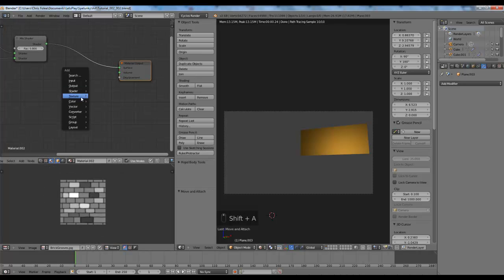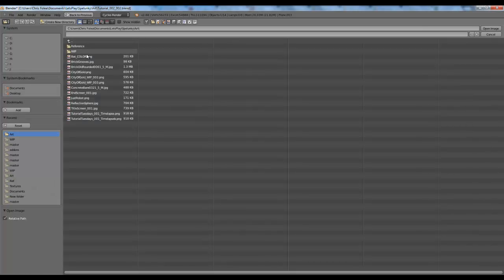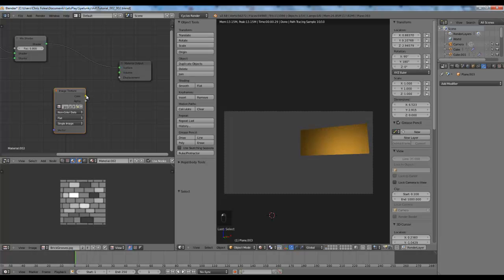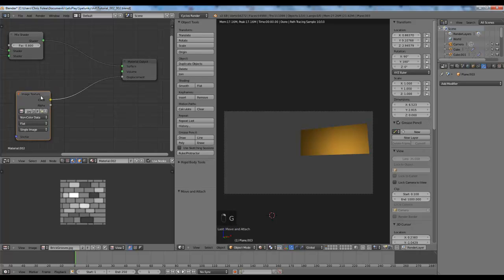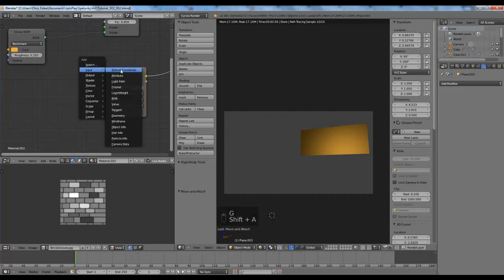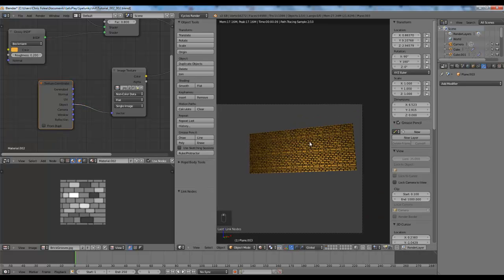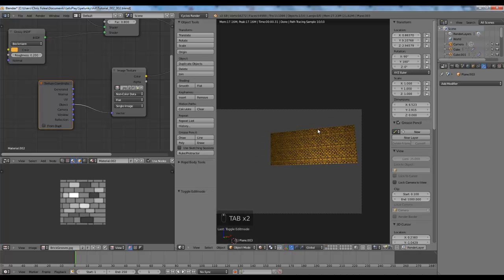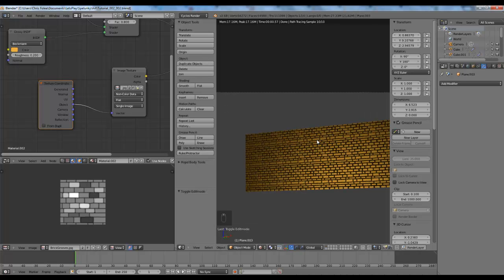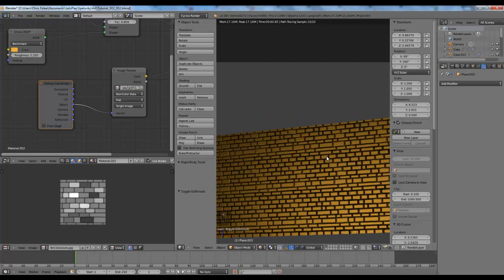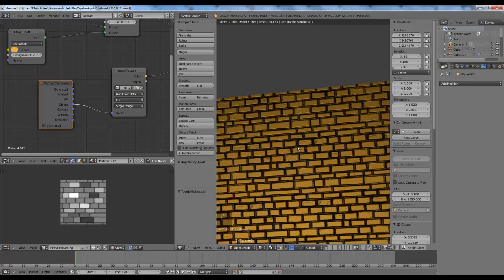So we're going to use this as displacement, non-color data, and we're going to open the brickgrooves.jpg. You can create your own. I'm not allowed to share this. And then for the texture coordinate, since this is not UV unwrapped, I used object. So what that allows us to do is, since this guy's scale is 1, the bricks will end up being the exact same scale on every object that has the bricks, rather than UV unwrapping it where it will not be consistent. So if we set this to object, we now have some nice bump mapping here,